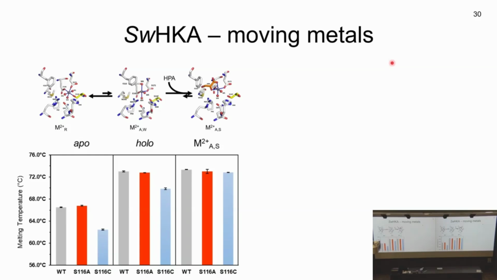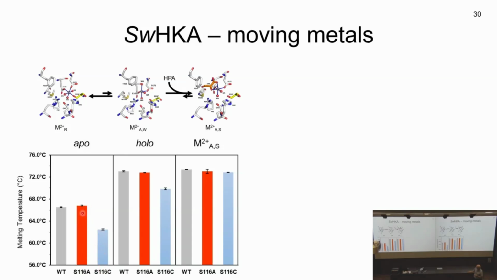Okay, so we then thought perhaps this movement takes place because it keeps the dimer together. The serine, as an additional ligand, stabilizes the structure, and we looked at the melting temperature of the protein, and we took the wild type and we made a mutant where we replaced serine with alanine and also serine with cysteine. This one didn't produce easily, and it also didn't crystallize.